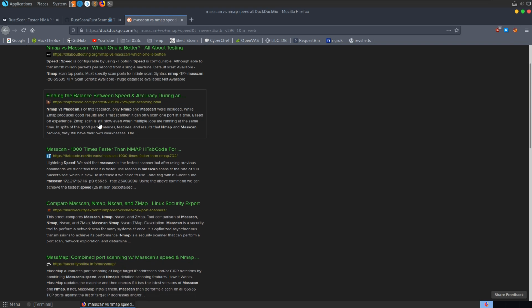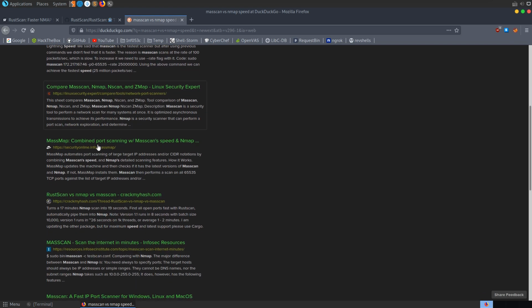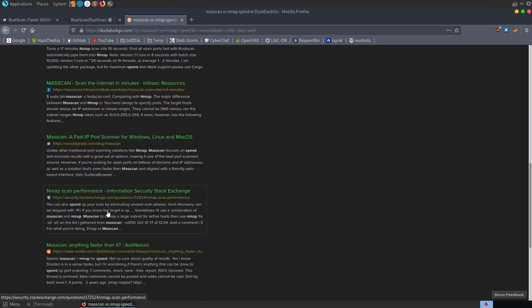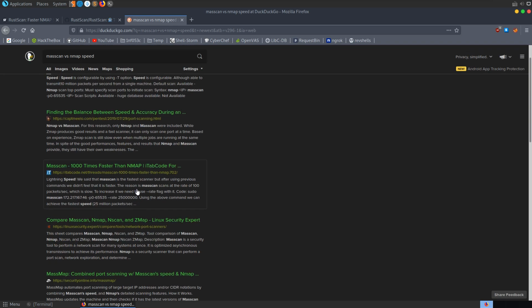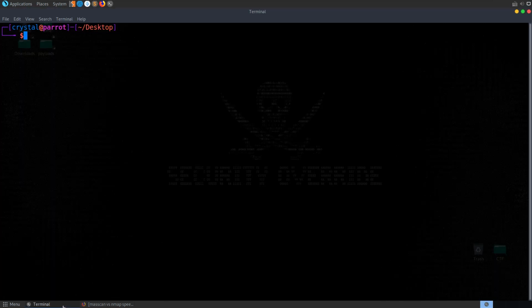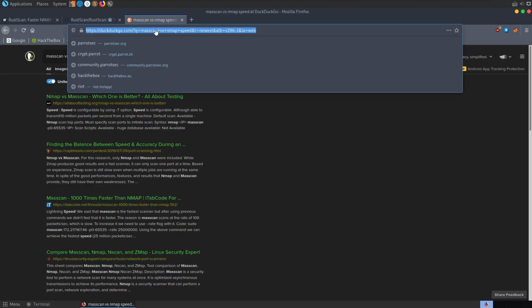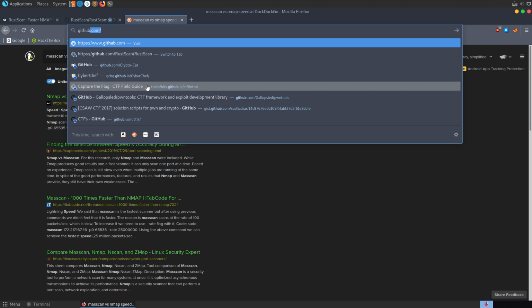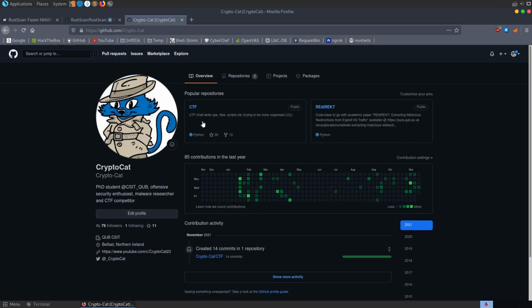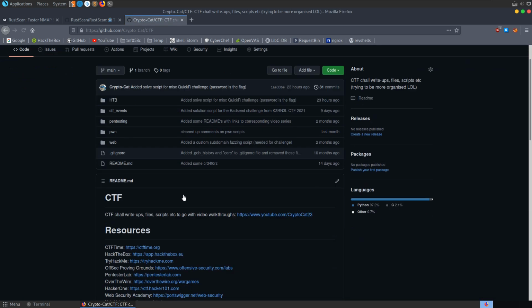Okay, I remember some claims saying that Masscan could scan the internet in 6 minutes, compared to NMap. I'm not really too sure exactly what the speed difference is, but I did notice that it is a lot faster for finding out which ports are open in terms of all the TCP and especially the UDP ports. NMap is really slow with UDP. So the setup that I've used the past couple of years really is to run Masscan on all TCP and UDP ports just to find out which ones are open, and then to feed those into NMap to run a